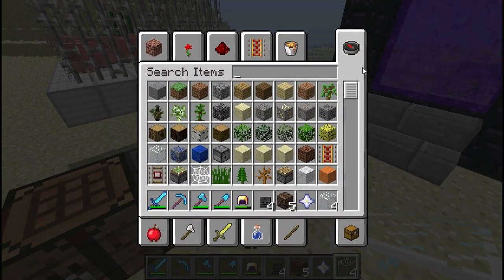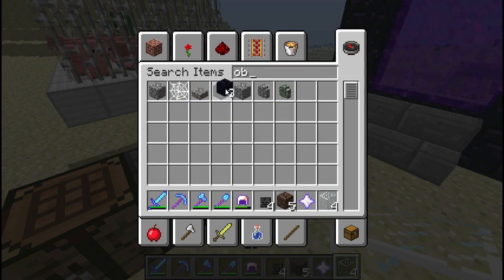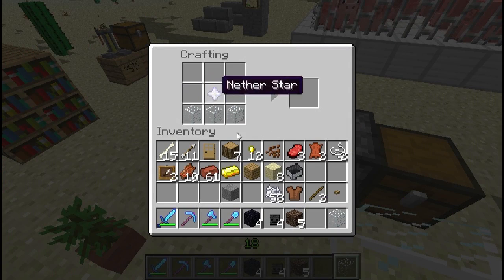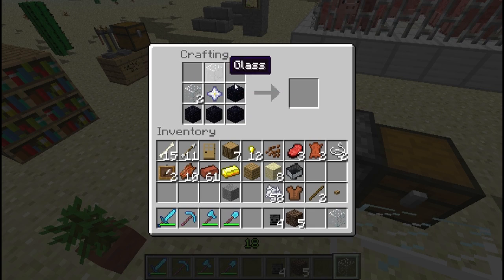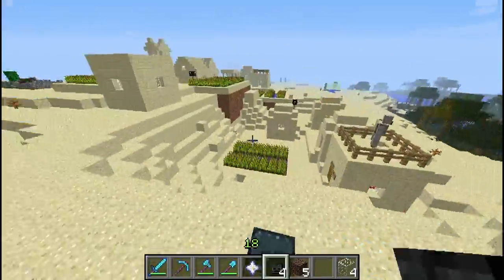It's glass and obsidian, so let's try and craft that. Oh, no, I don't want birch planks, I want obsidian, so let's grab some obsidian. I believe it is crafted a bit like this, from what I understand. Nope, is it obsidian on the bottom and glass there? Let's just split that in half, move that, put that there. Well, I don't know how it's crafted, but essentially you can craft that and you will get